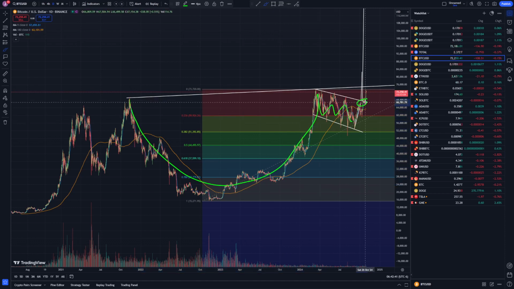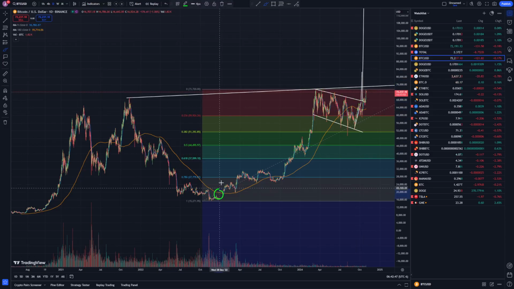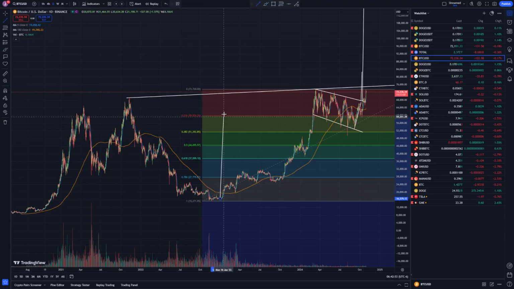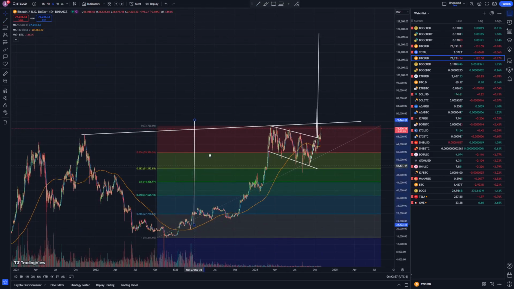Once we break the handle, the top resistance going to the upside, what we could do then is drag from the bottom of the cup to the top of the cup. I get different targets on this depending on where I drag it to, but let's do it from the bottom, and drag it to that top. If we get that and then drag this to the breakout where we're breaking out now,